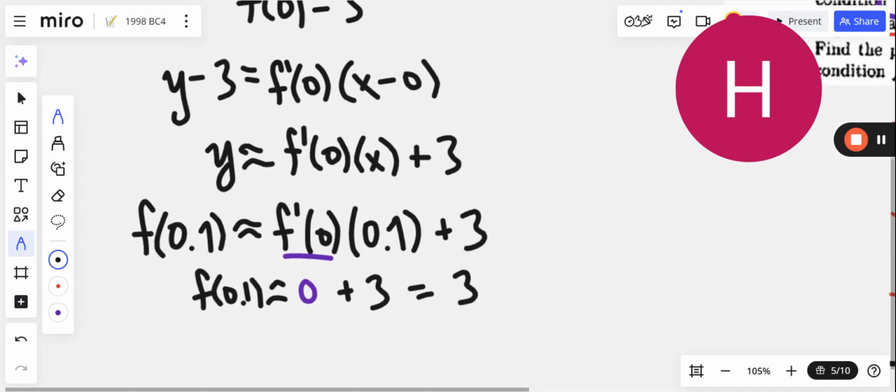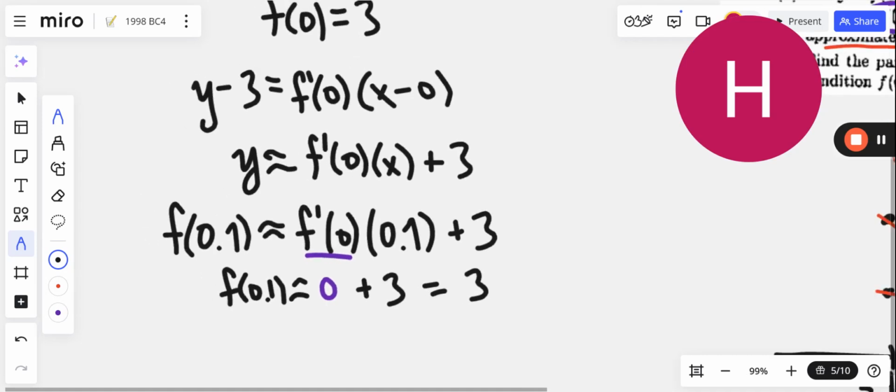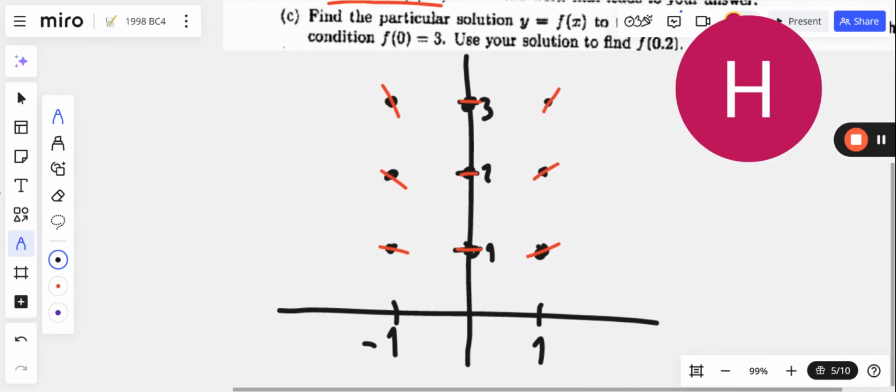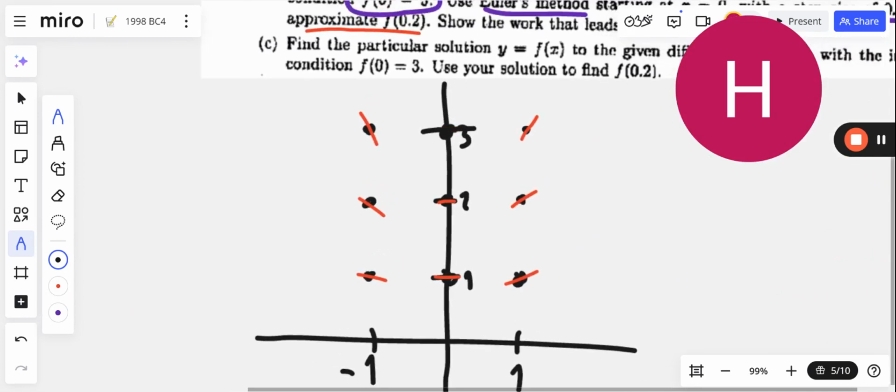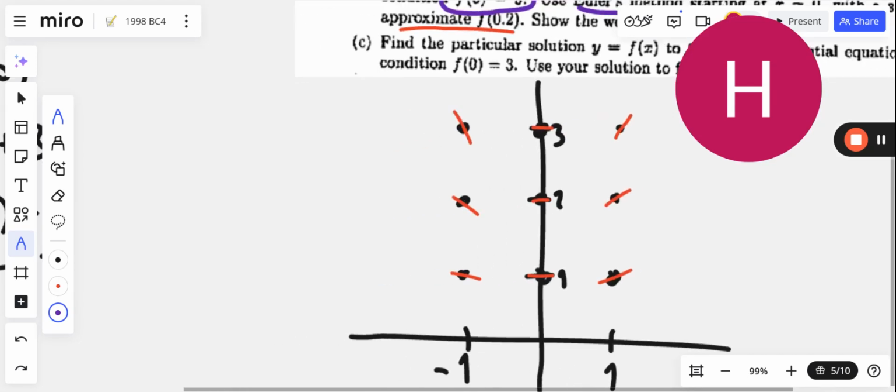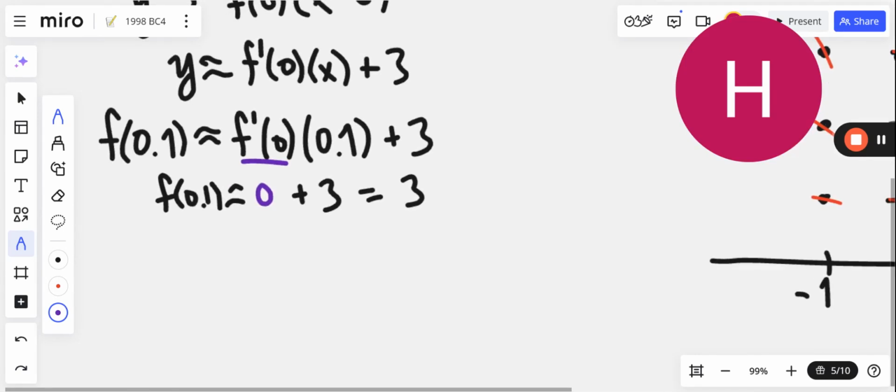That's kind of weird. We didn't make any progress, but that's because if you look at the slope field, it is 0 at that spot. So it's telling us that if we follow the tangent line there, of course, we're just going to stay flat for a minute. And that's why Euler's method is effective, because if there's a flat point, we'll go along the flat slope for a while, but then we'll pick up on the correct slope once we progress forward a little bit. So we're going to make a change in our slope, and that's going to give us a closer approximation. Let's do the next